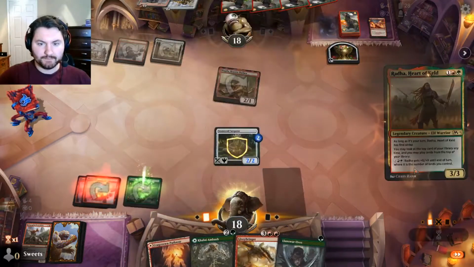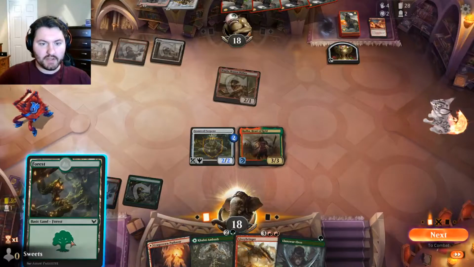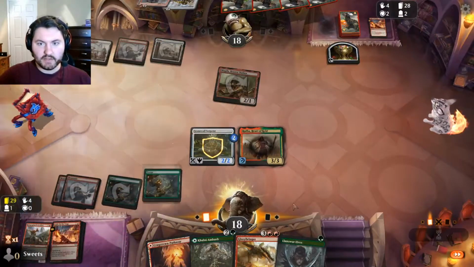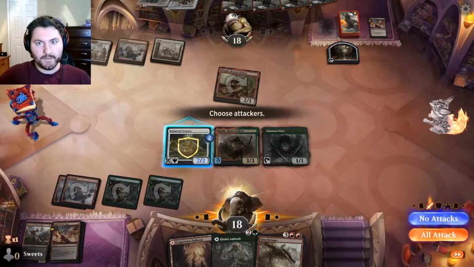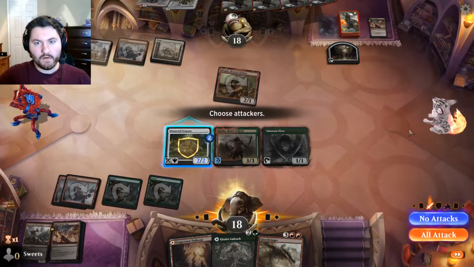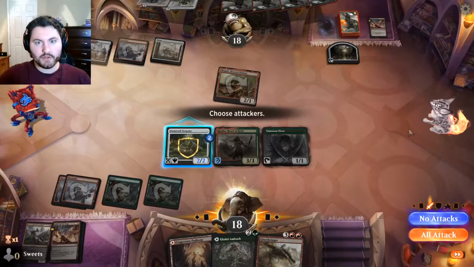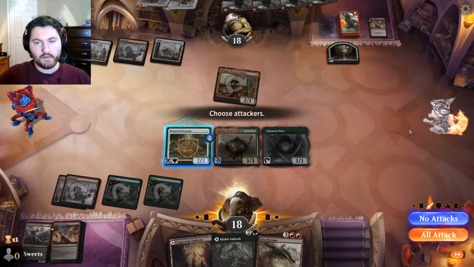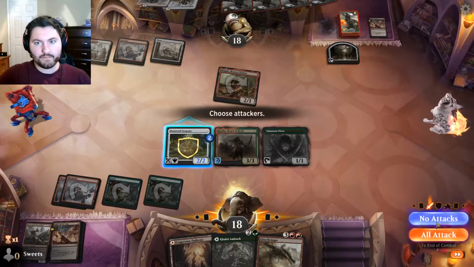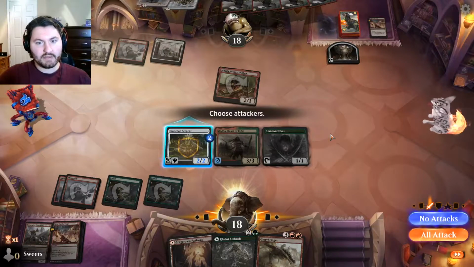Play Rada. See if it lands on top. It is. Alright, good. Play the land. Play Llanowar Elves. So Rada is definitely dying here. Do we want to trade this Stonecoil Serpent for Magda? Llanowar Elves kind of keeps it back because they don't...